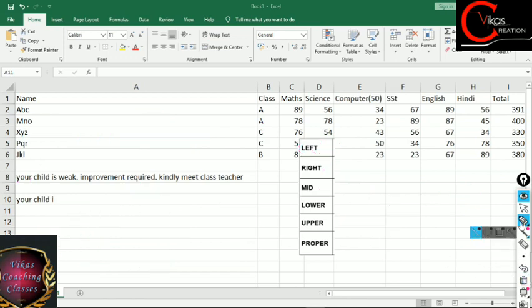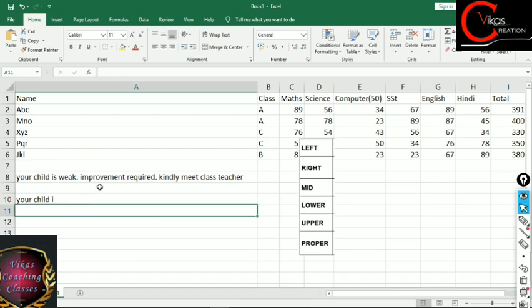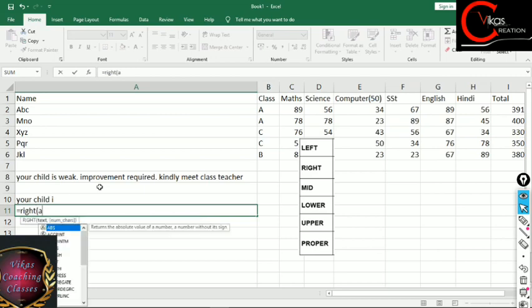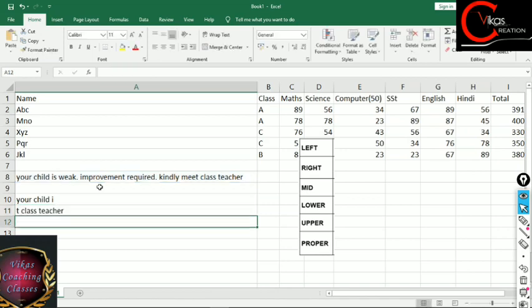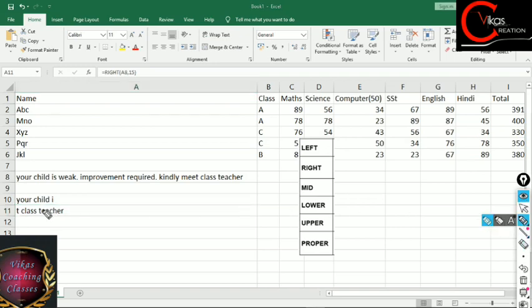Let's suppose similarly, in the same way, you want to fetch the last 15 characters from this. So you can write equals to right. You can select your cell, that is cell A8, comma 15. Then you have to press the enter key, and that's it. As you can see, we got these 15 letters from the end. Fine. Always remember that when you are talking about the right function, it depicts the end, and if we are talking about the left function, it means the starting point of your string.